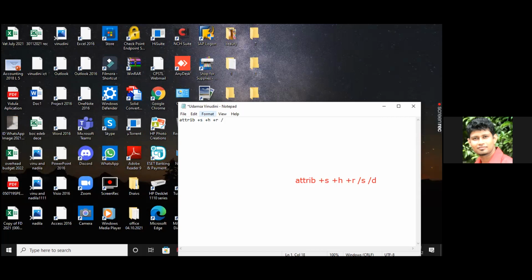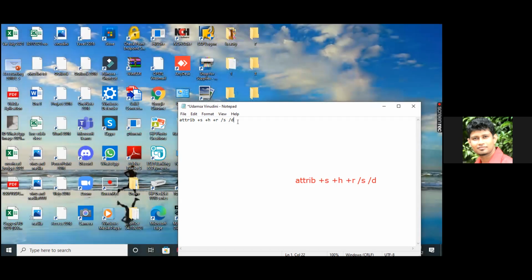Others, finish writing this command in the notepad. Yes. Okay. Now this is a bit dangerous, right? But don't worry, this command can be recovered. You can write the command in the reverse direction. This command is instructing the computer to hide all the folders and files in a specific location. So let's save this file. File, save as. Udamsa, let's save the file. File, save as.